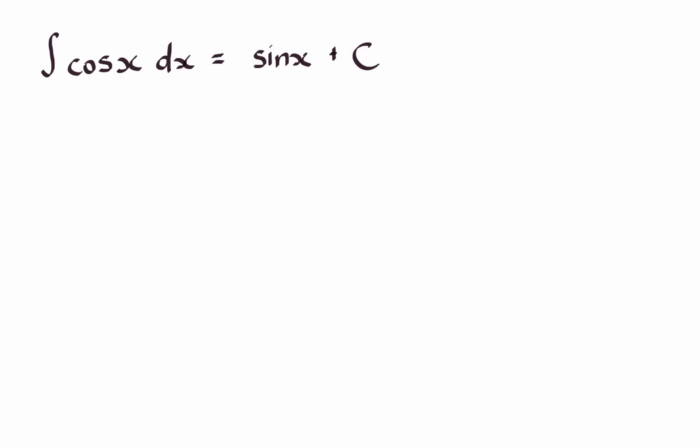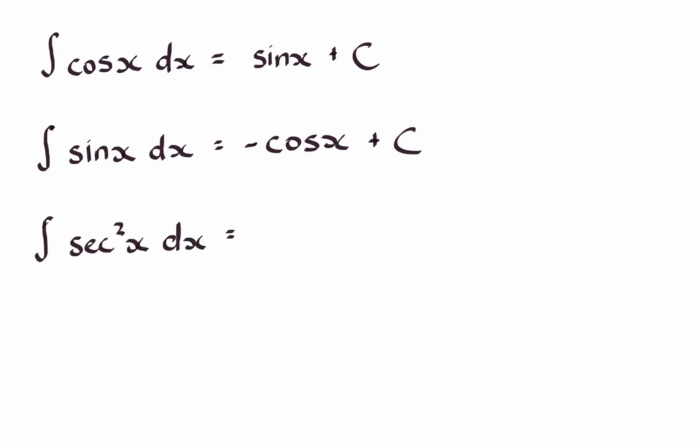When we integrate sine of x, however, we just need to be careful of the negative. So the integral of sine of x is negative cos of x. And the last one, the integral of sec squared x dx is tan x